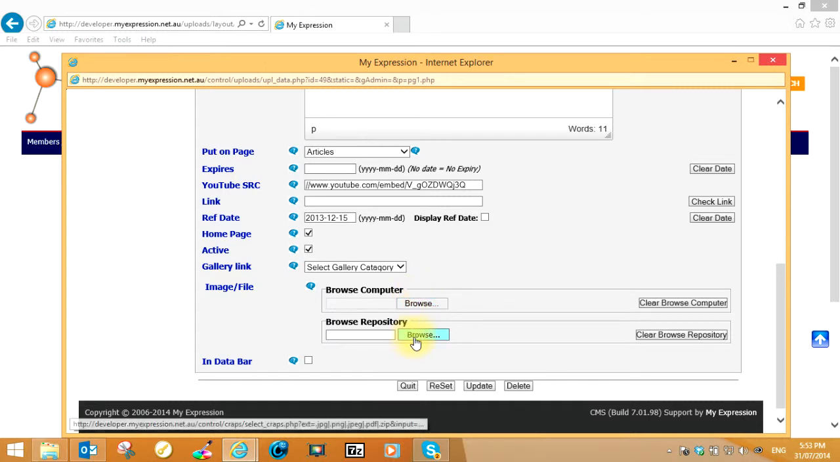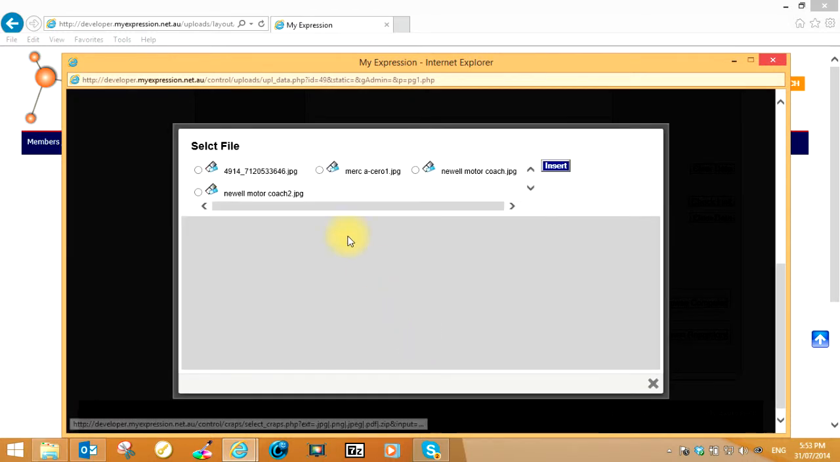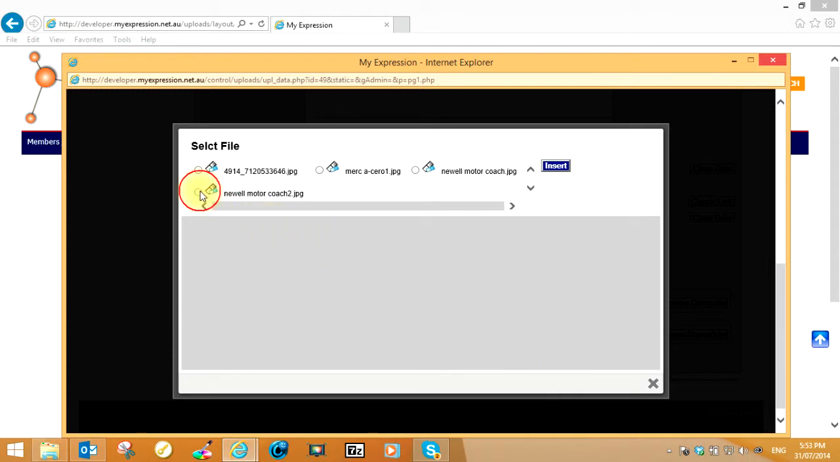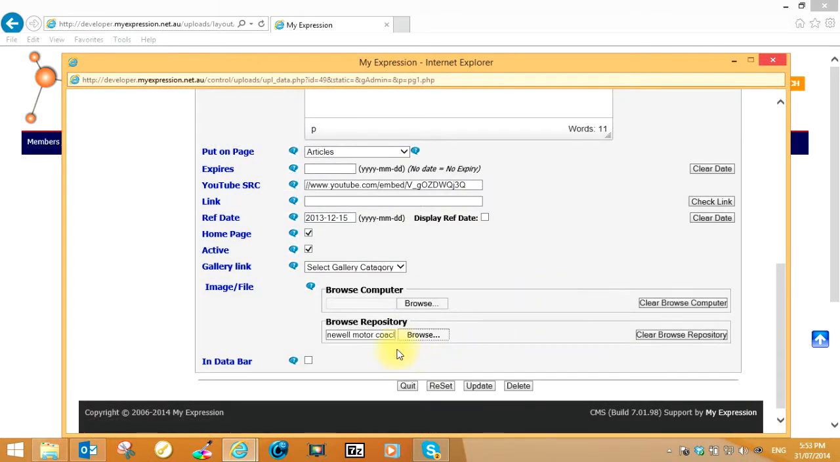Or you can browse from the repository and you get a different view here, and you can click on that one to see what the picture is. Oh, I like that one. So now I can tick the box and insert it, and that will insert that image. Now these two work the same way. The only difference is this one gets it from the repository, this one gets it from your computer, but you only get one image. So now if we update,